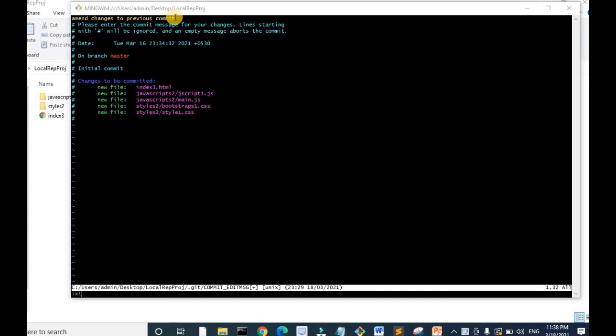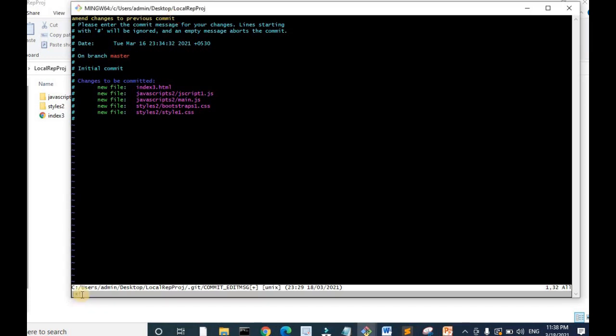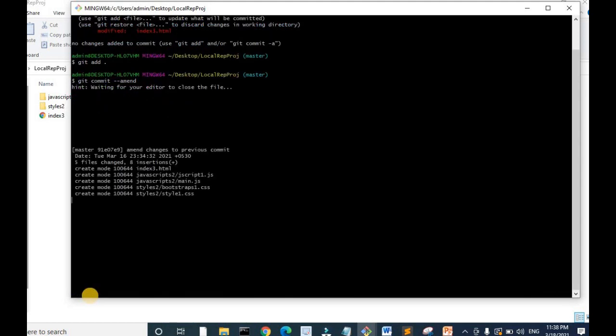Once we have entered into the insert mode, now modify the commit message as required, then hit the escape key on the keyboard, then type :x! to confirm the above changes made to the commit message. Then hit enter button. That's all. This amends all the changes to the previous commit. Similarly, once the user is in the insert mode, if one decides not to save the changes, we need to hit escape button and type :q! instead of :x! to exit and come out of the insert mode without saving the changes made.